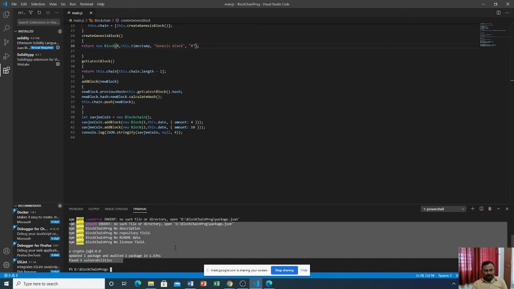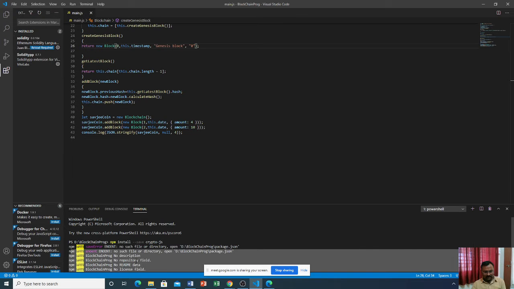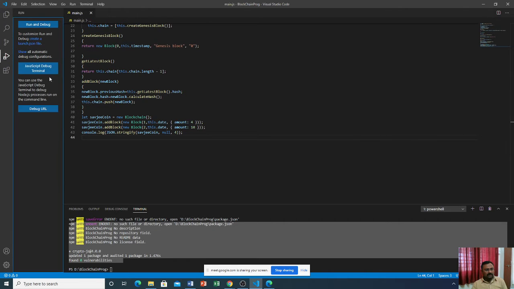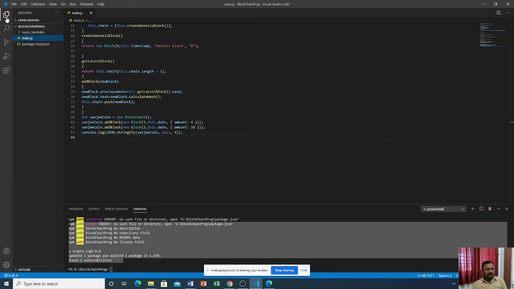Previously we have already installed Crypto.js. If you install Crypto.js, the output is that the program contains the package-lock.json file.